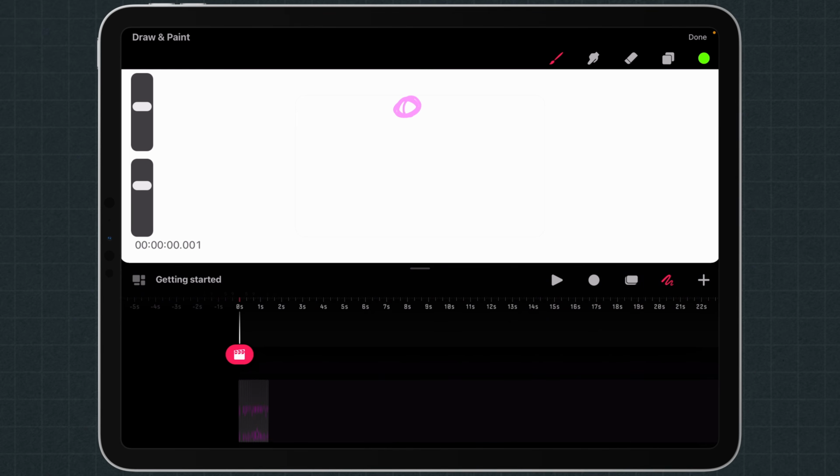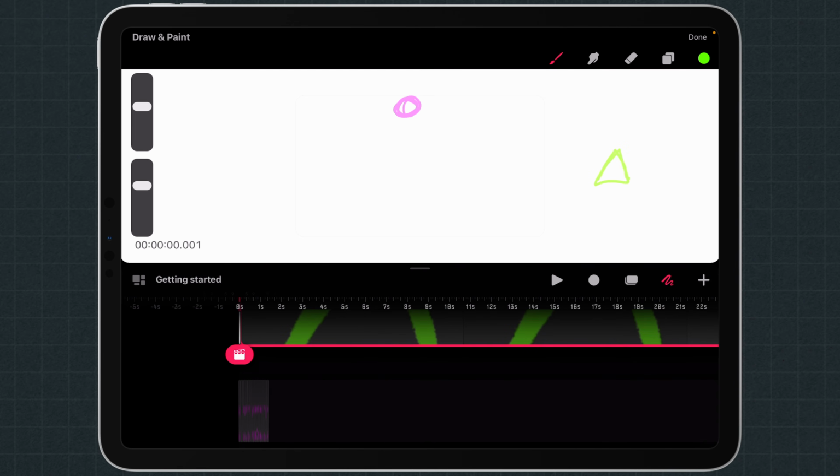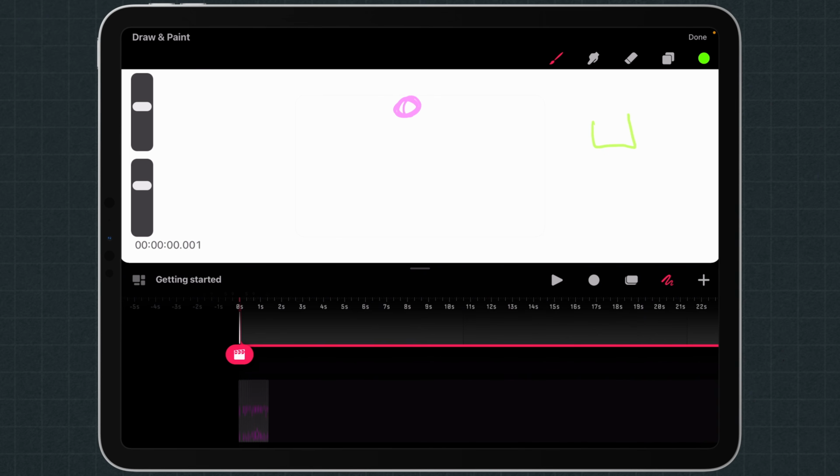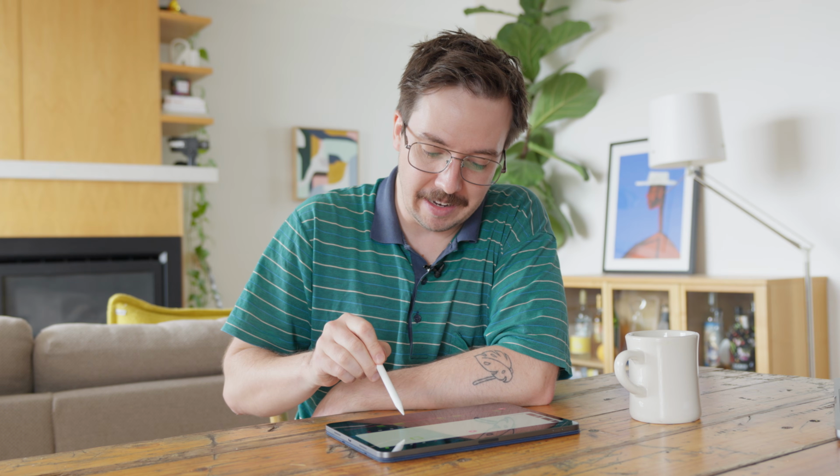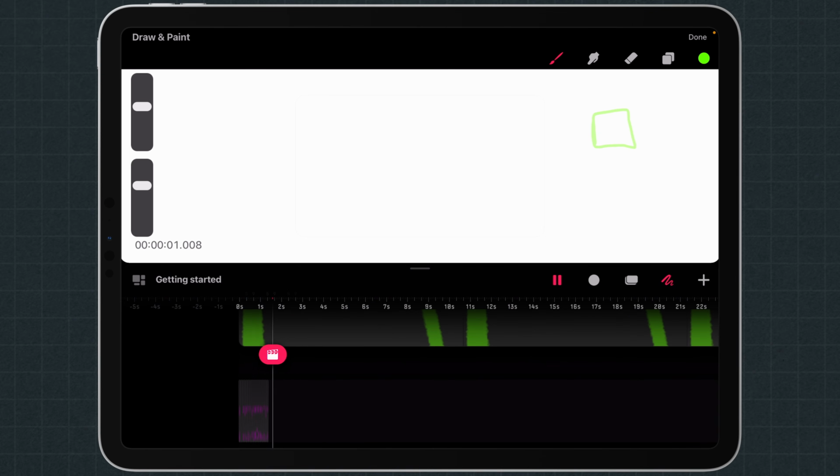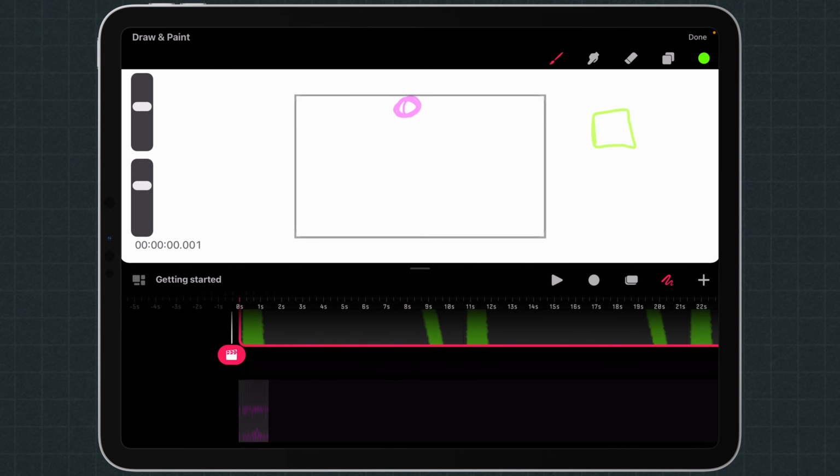This time I'm not even going to go down to the flipbook because it doesn't matter. So let's just put this triangle here, like so. That's not a very good triangle. So you know what, I'm going to do a square. A square is easier than doing a triangle. All right, so now you can see that that is just going to play there and it's one long continuous file. You can also see that it's outside the bounds of our box here.